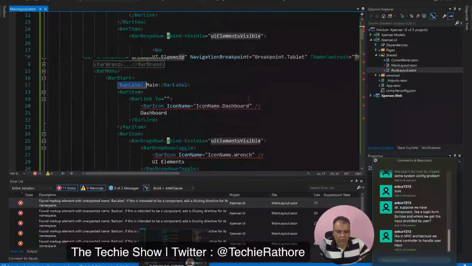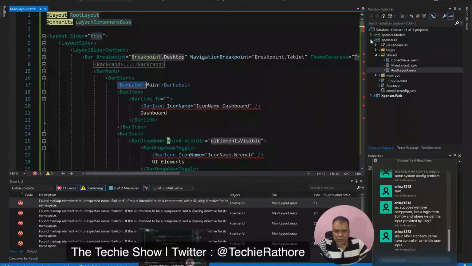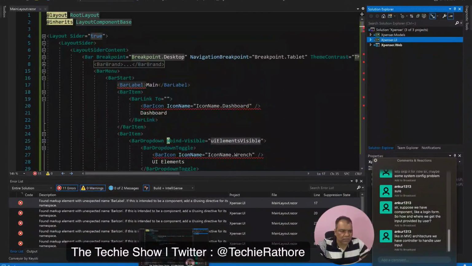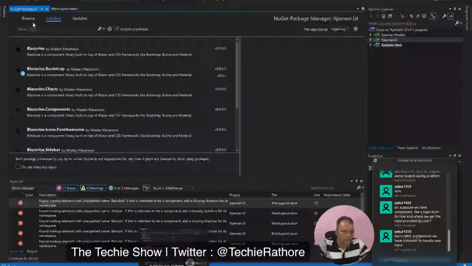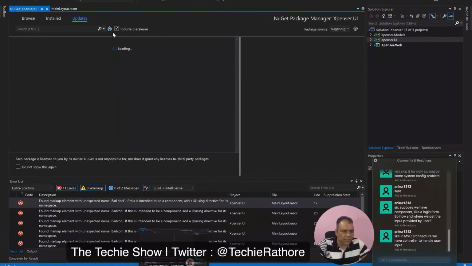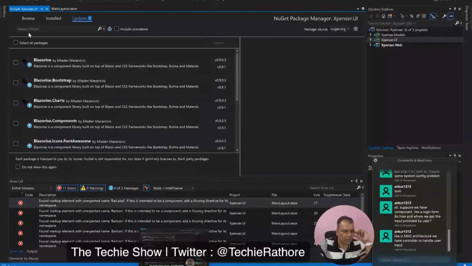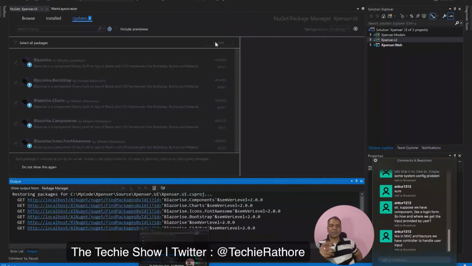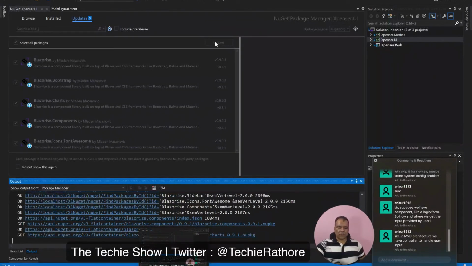It's giving me so many errors, and all those errors are because I haven't updated the NuGet package, because I'm using the latest Blazor library. So if I go on updates, I remove this include pre-release. See, it's saying so many things, so I'll select all, update. It'll take some time to update all these things.